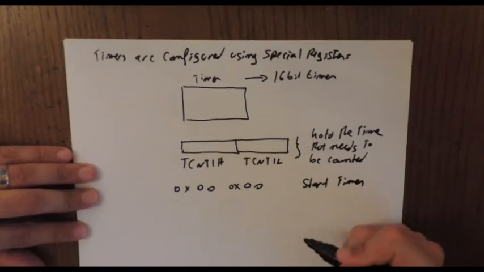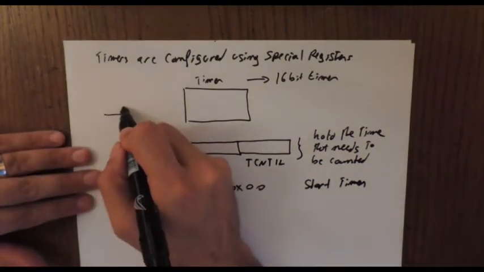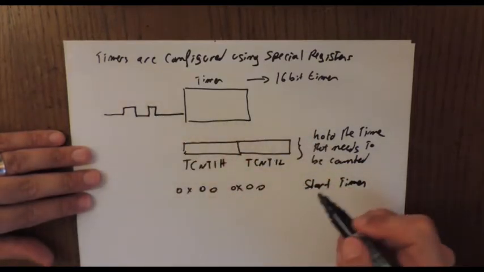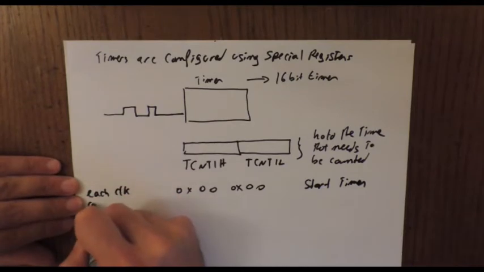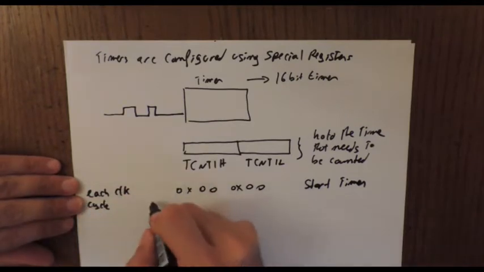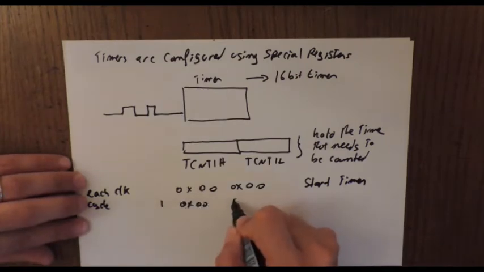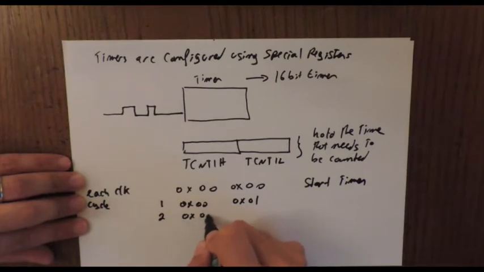Since it's a hardware component, we have a clock that's being fed into the timer. So at clock cycle 1 this becomes 0x0001. Clock cycle number 2, 0x0002, and so on until I reach